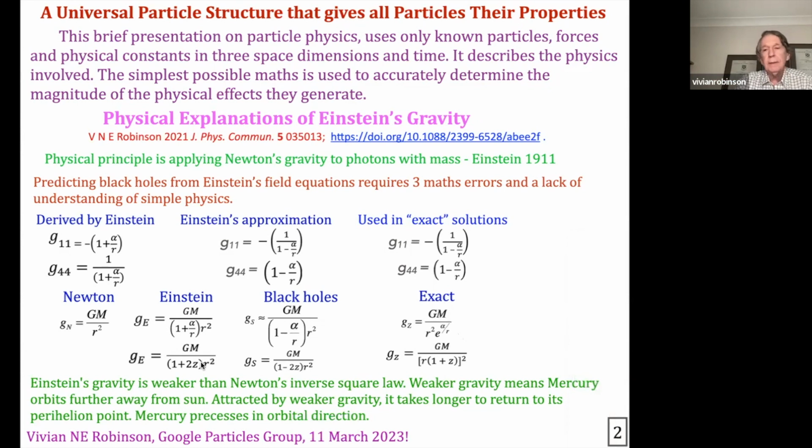This weaker gravity is entirely consistent with that. But I'm just using that as an example to show that if you know the physical principles, you can in fact get the maths much easier and eliminate errors. But when we come to particles, I think the best way, I'm going to start out with